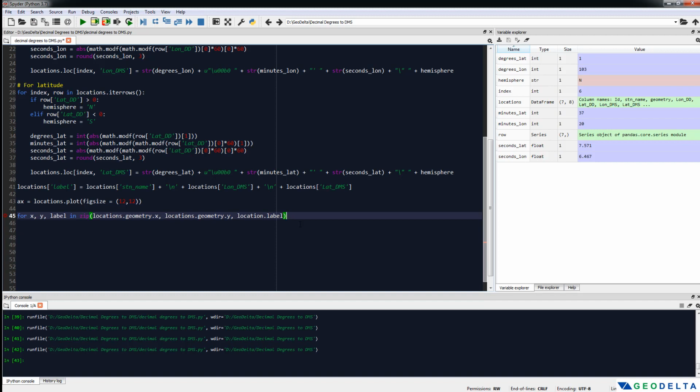Alright, and then I'm going to specify ax dot annotate, label,